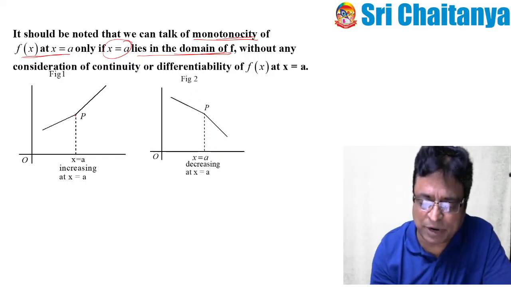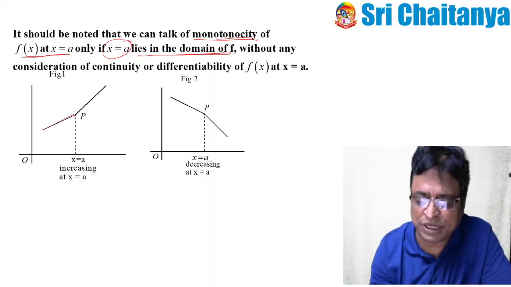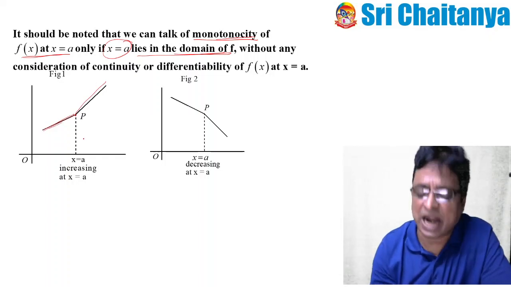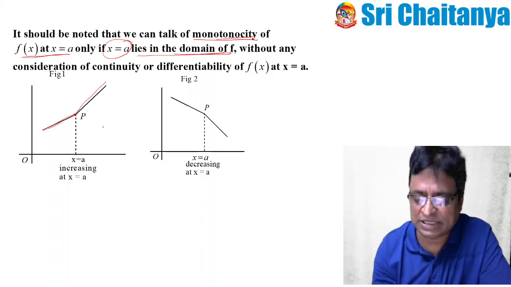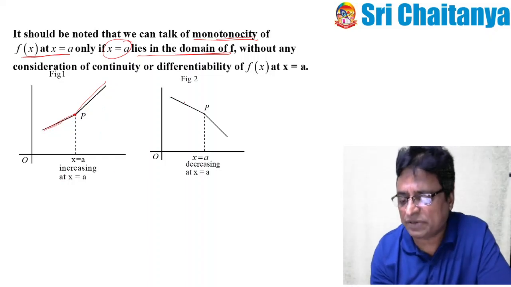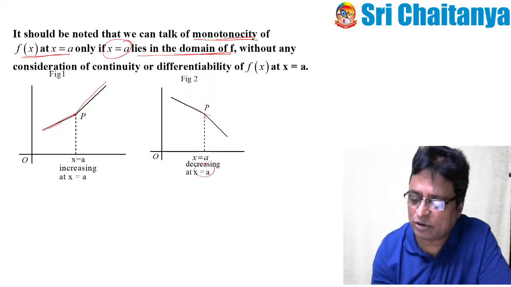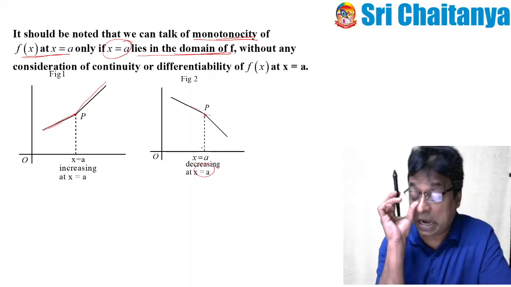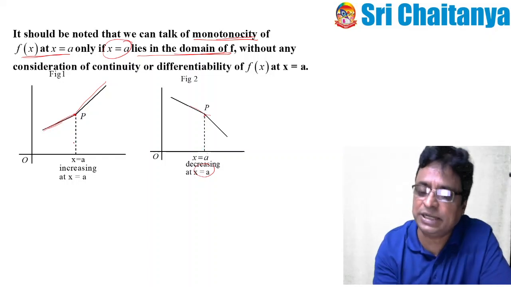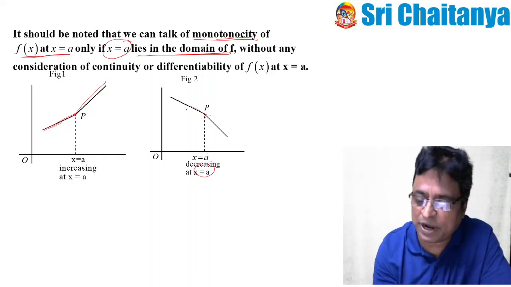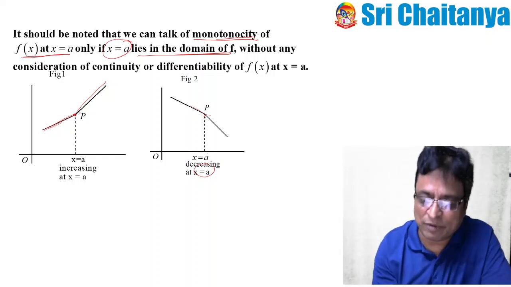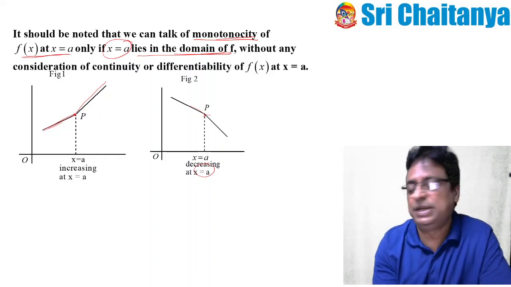See what happens in this example. Here, at this particular point, your function is continuous. Up to here it is coming like this and then going like this, so it is increasing. And the point is in the domain of the function, so no problem. I can say this kind of function is increasing. And here, up to here it is decreasing, and after that it is also decreasing. Again, since x equal to a is in the domain, it is a decreasing function. In these two examples, the point is in the domain and the function is continuous at that point. Moreover, if there is a sharp edge at these points, it may not be differentiable.